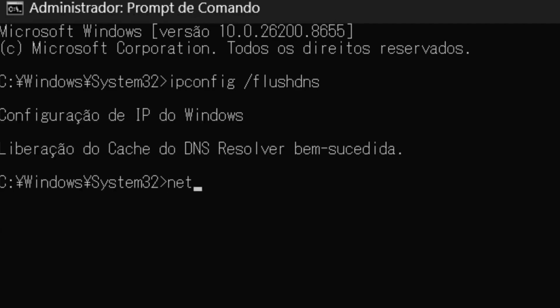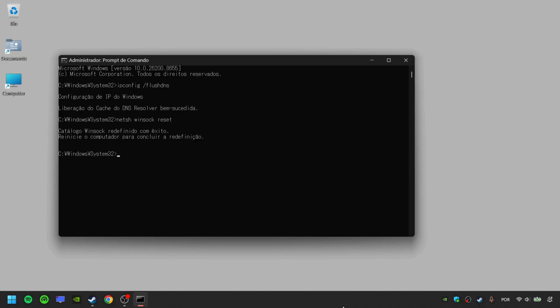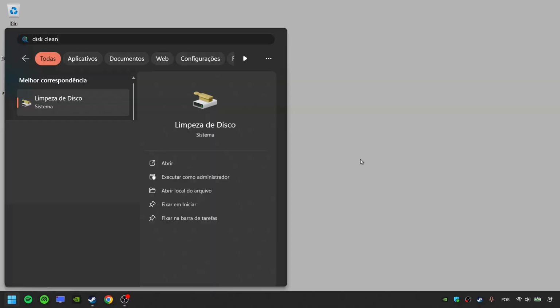Now write netsh space winsock space reset and press Enter. Close the command prompt. Press the Windows key or click on the Windows icon and write disk clean and click